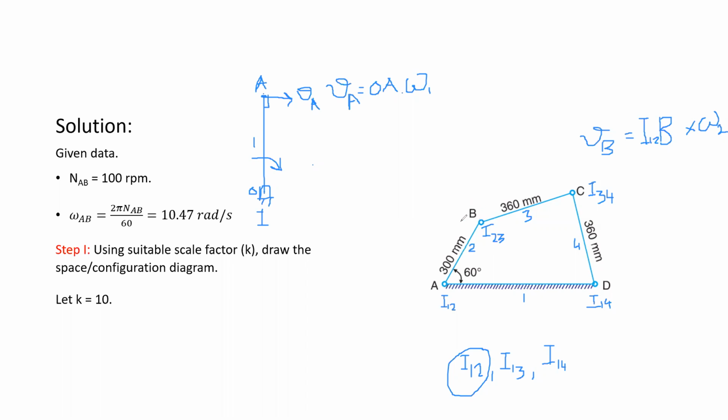What is the radius for point B? For point B radius is I12B. ये उसका radius है. So direction of velocity of point B will be perpendicular. ये समझ में आया आपको डायरेक्शन? Yes, sir. ओके